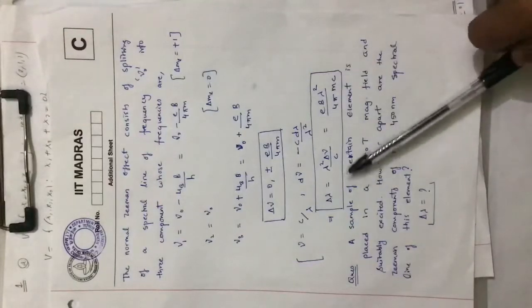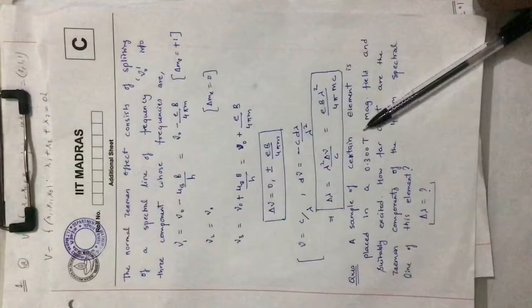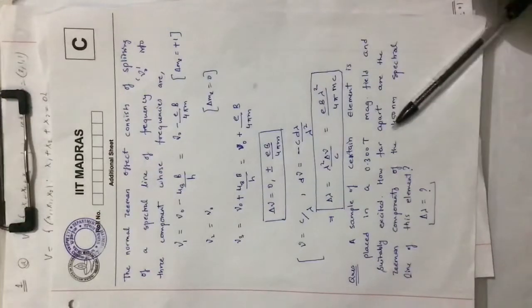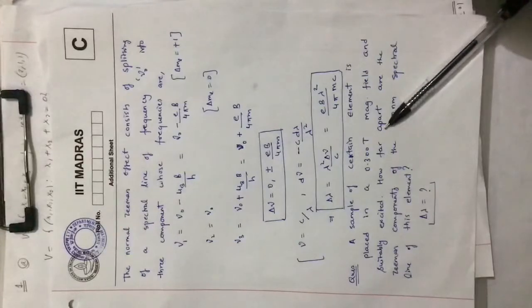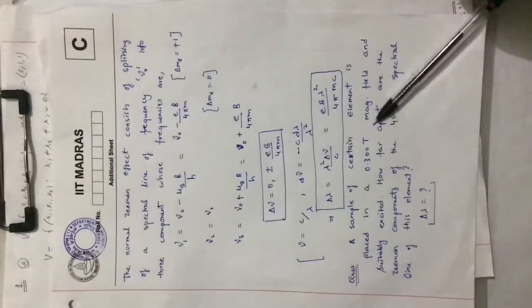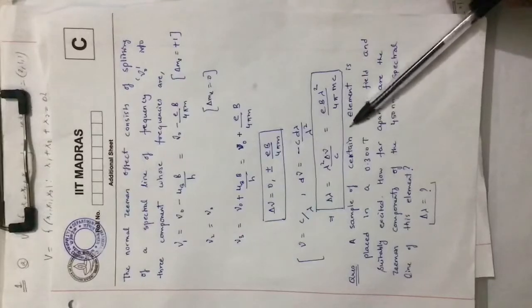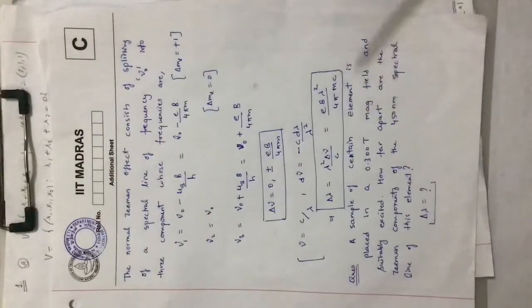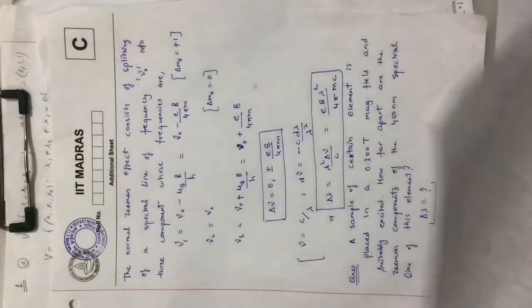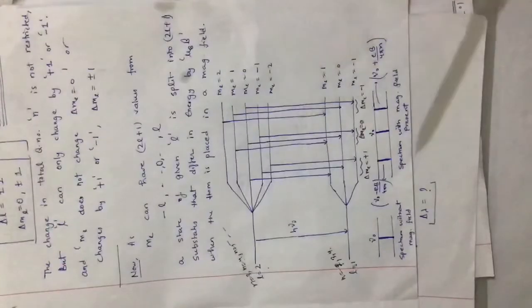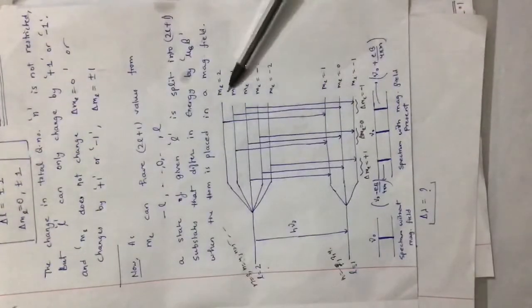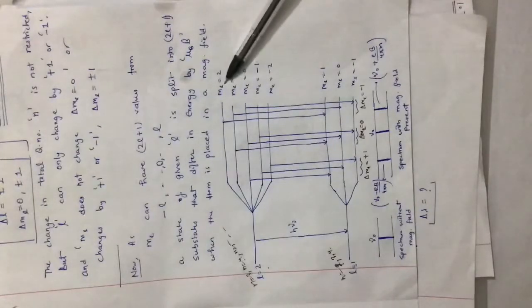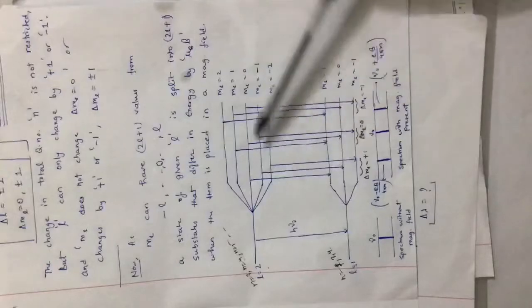Okay, so this is all, but in brief I am going to discuss the anomalous Zeeman effect. Now, in this Zeeman effect we were only considering the effect of the interaction of L with respect to the external magnetic field. We were only discussing the spectral line splitting with respect to the orbital quantum number and the magnetic orbital quantum number, right?